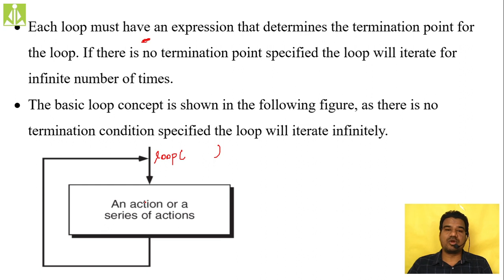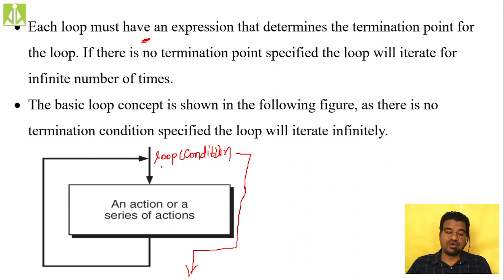That is the reason why we keep a condition over here, so as to have a termination point in our programming or in our loops. Now the loop execution is dependent on the trueness, or the positiveness, of this condition. Whenever the condition becomes true, then only the body of the loop is executed. Otherwise, simply the loop exits. Not exist, exits.